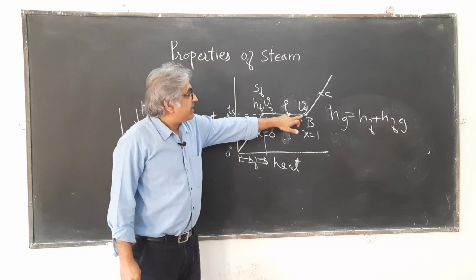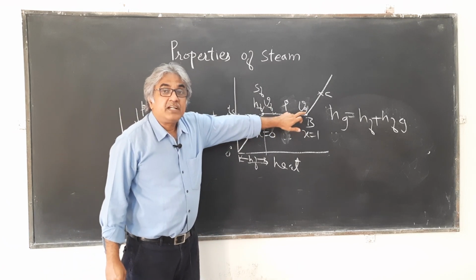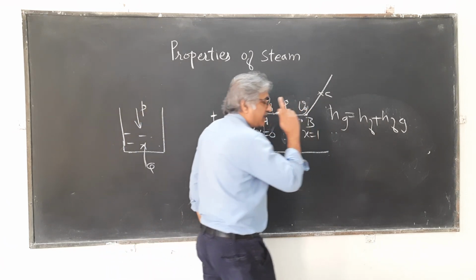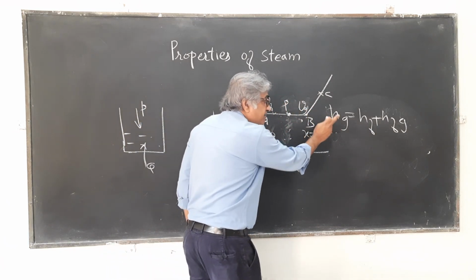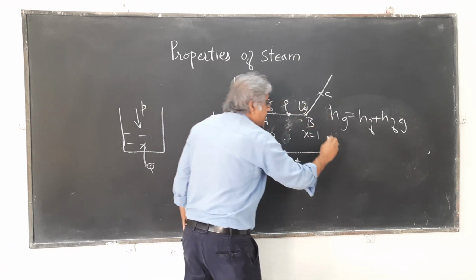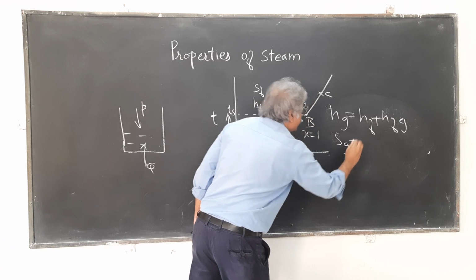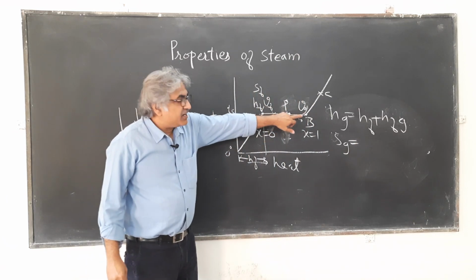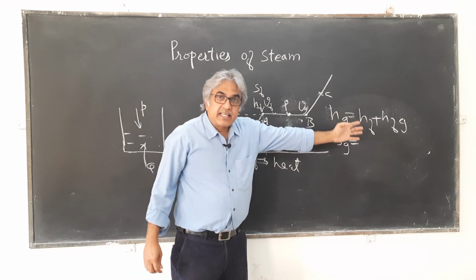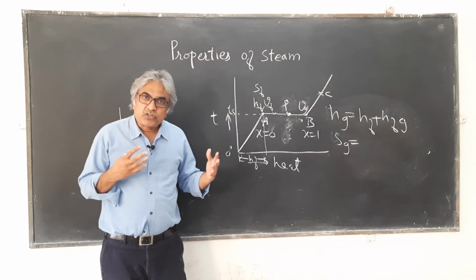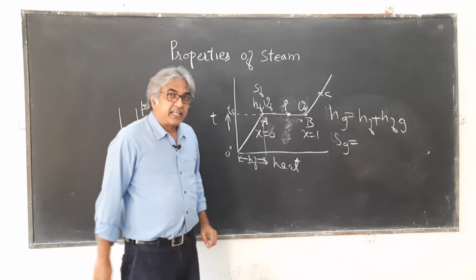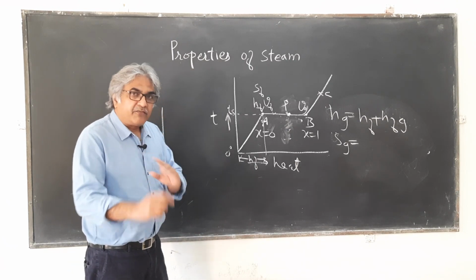So this is the enthalpy of the dry saturated steam. Now the entropy of dry saturated steam, that means what is the entropy at this point? Again, I am writing the expressions, but most of these things you are going to get directly from the steam tables, and I will explain in my next video how to refer to the steam table.